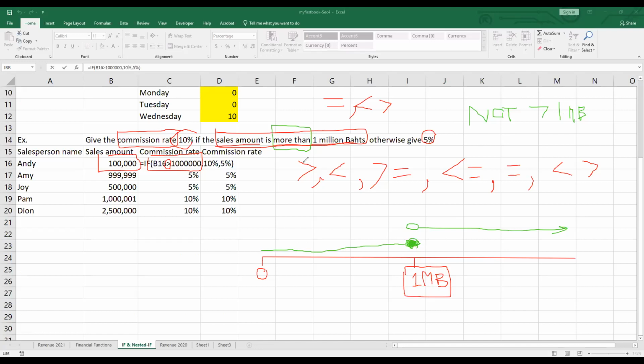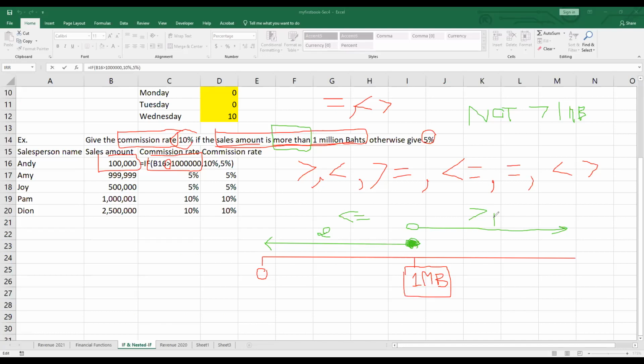So the second line here means from 1 million baht and less, less than or equals to,